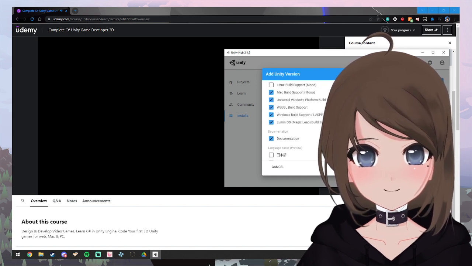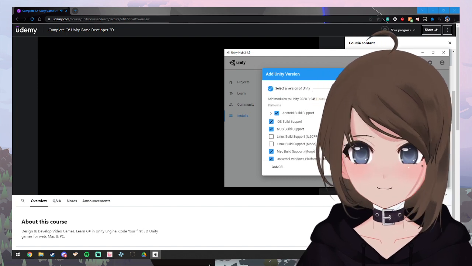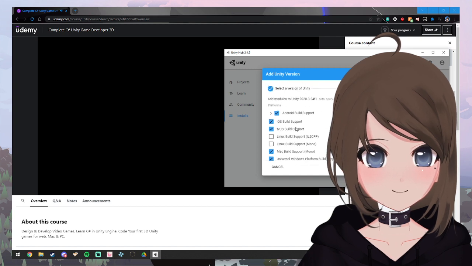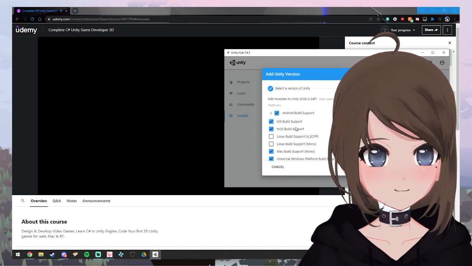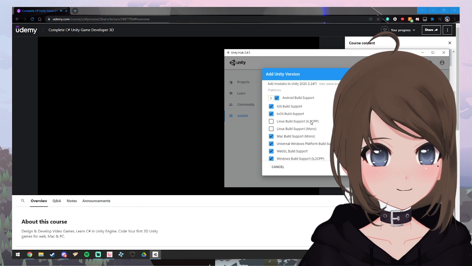And you can see here we're now adding the modules to install. You can install Android build support, WebGL build support. For now, we will install the WebGL build support so that we can create builds that can work on a website, which is cool. I'm going to leave the others blank, and I'm going to turn off Microsoft Visual Studio Community. I'm going to be using Visual Studio Code, which is really similar to Visual Studio Community, but has the advantage we found that it looks the same for PC and Mac users. So if you want, you can use Visual Studio Community, not a problem. But if you want to follow along exactly with me, then you can uncheck that, and in a moment we'll be downloading Visual Studio Code.